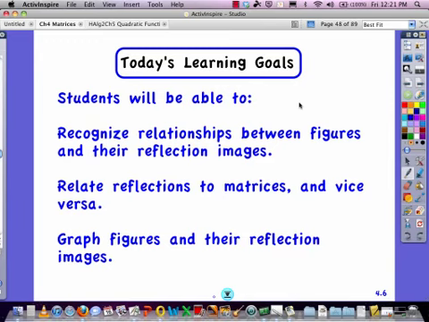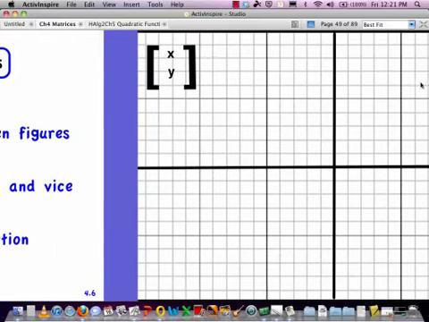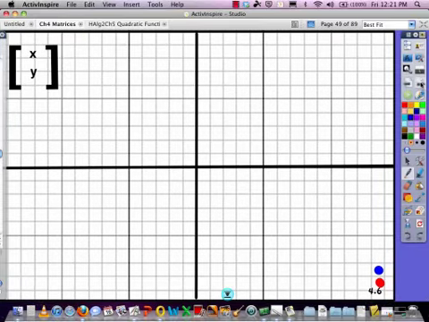Today's lesson, 4-6, matrices for reflection. So you can see the goals that we have today. Lots of reflection work, being able to deal with matrices and vice versa, and taking the figures and being able to reflect them accurately. So moving forward, let's start with our 2 points that represent our identity matrix, which were